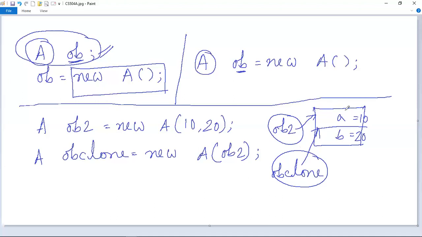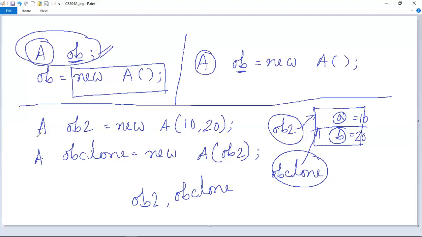That means OB2 and OB clone will contain the same copies of the two instance variables A and B, which are the class members.